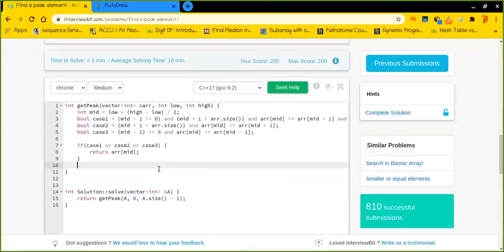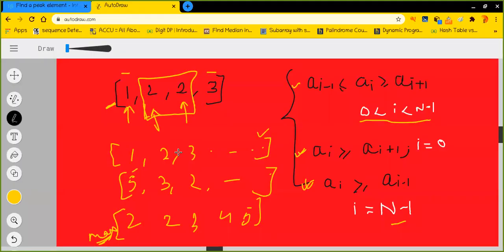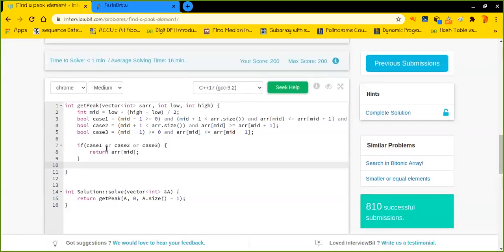And let us say, as I have already told you, whichever middle element I am currently referring to is bigger than one of its neighbors, but smaller than the other neighbor. As I have already told you in the example, in that case we have to consider the segment which is bigger than my middle element.